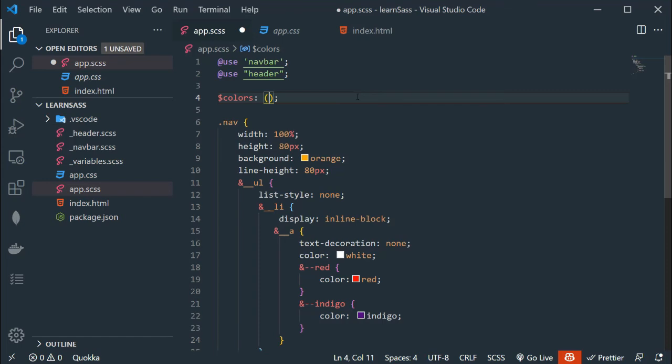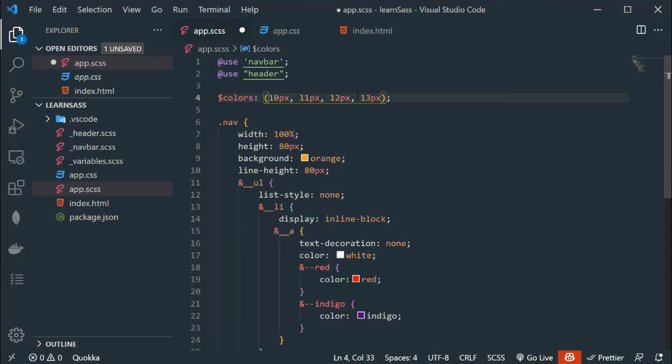Inside the parentheses we can define different values. Let's say 10px, 11px, 12px, 13px and so on. So we can keep more than one value in a Sass list.